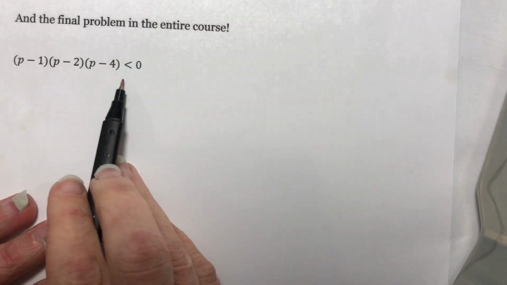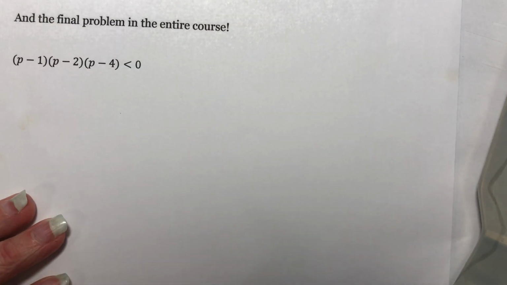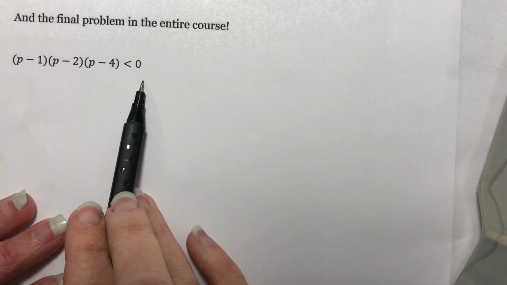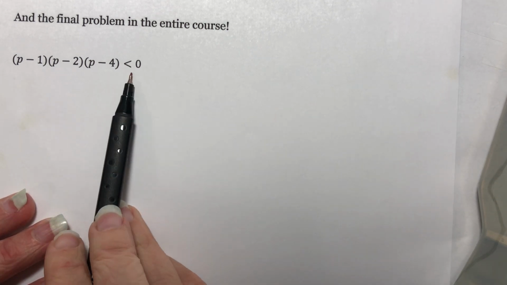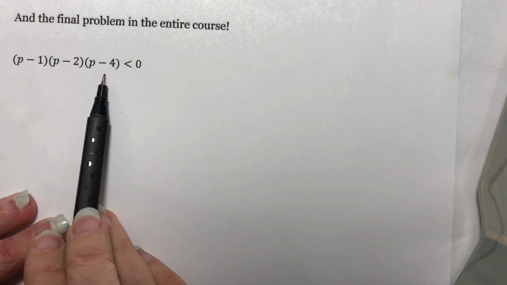This is a polynomial inequality. If I were to multiply all of this out, I would have a p cubed in it. So it is different, but the basic idea is the same. If you get one of these, they're going to be in a special case for you. It's going to have the 0 already for you, and they're going to give it to you in factored form,